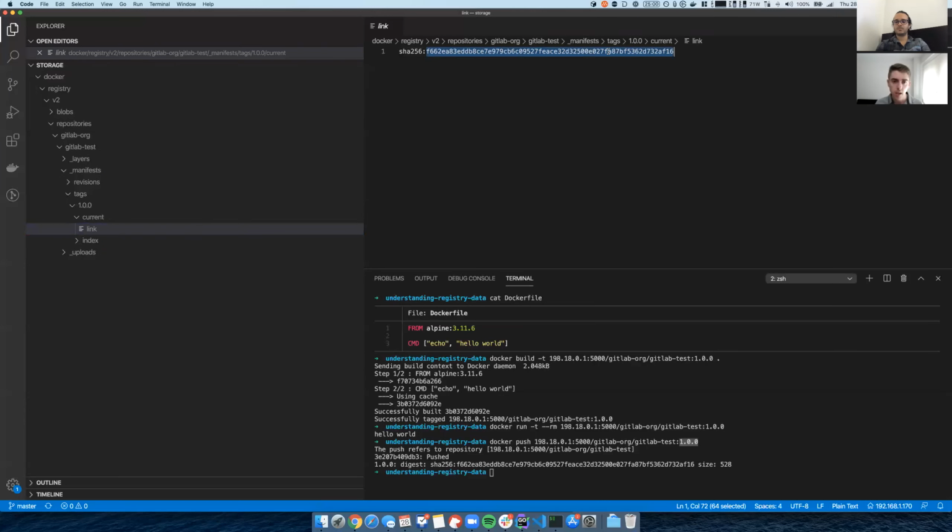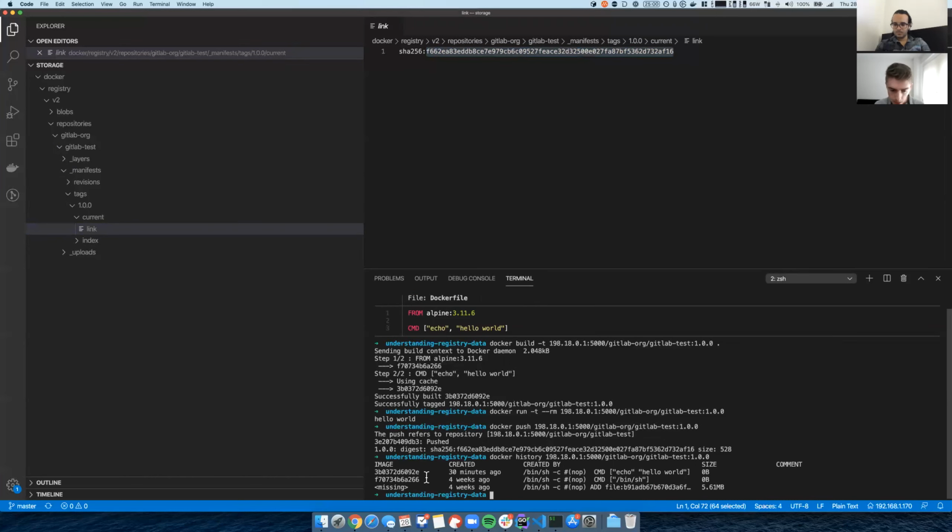And basically inside the registry, everything is referred by digest. Digest is like the primary key for everything inside the registry, okay? Now, you may ask, if you only have this inside the repository, where is the image, right? Where is the content of the image? So an image is composed by layers. If we look at the image that we just built with the Docker history command,